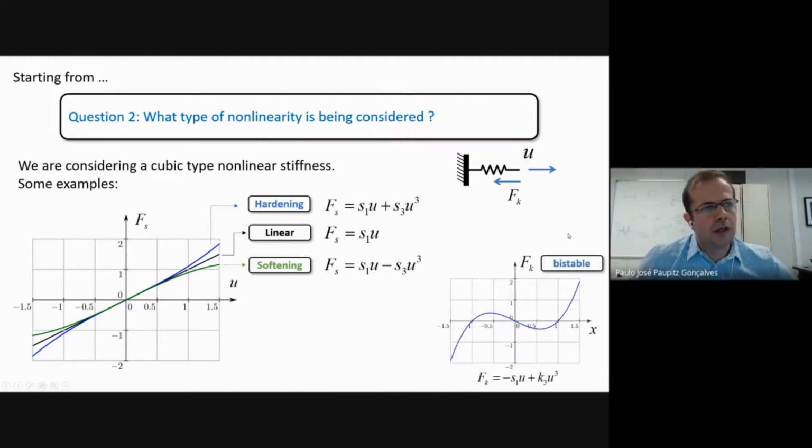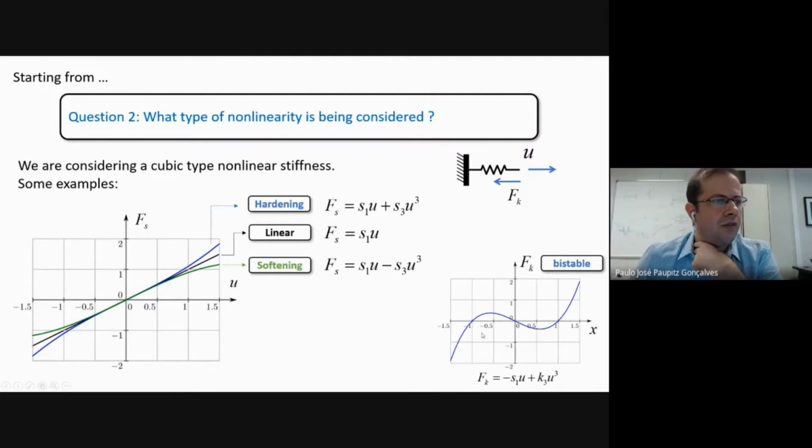There is another configuration of this spring that you can have, which we call bistable, where you have a negative linear coefficient. Sorry, this should be S3, and a positive cubic coefficient. But for now, we are not looking at this condition because it brings